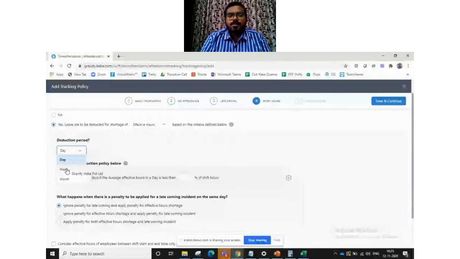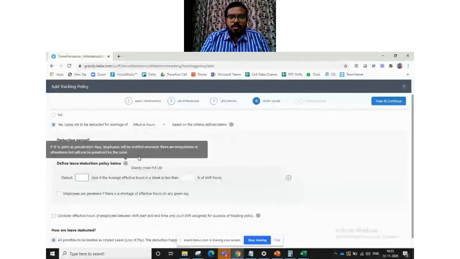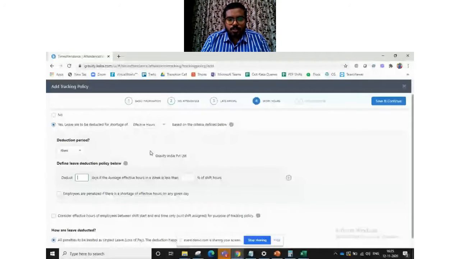And here you can choose what would be the deduction period. Is it per day or per week or per month? Most companies will have this on a weekly basis. So, direct 1 day leave if the employee is working less than 100%. This is just an example.